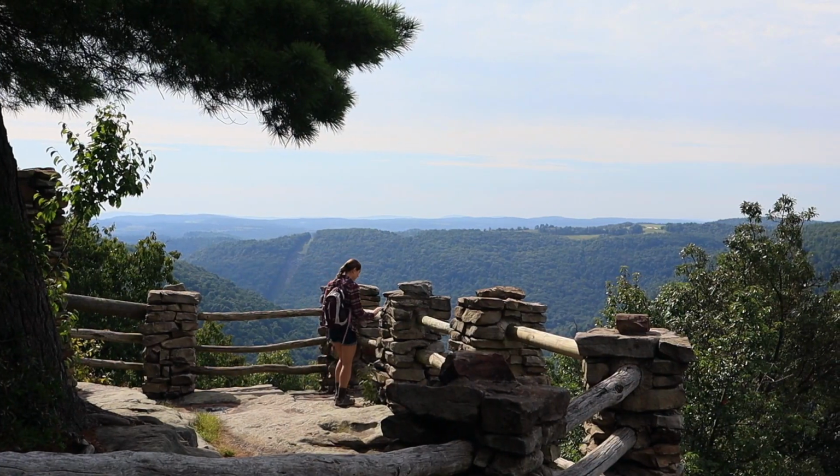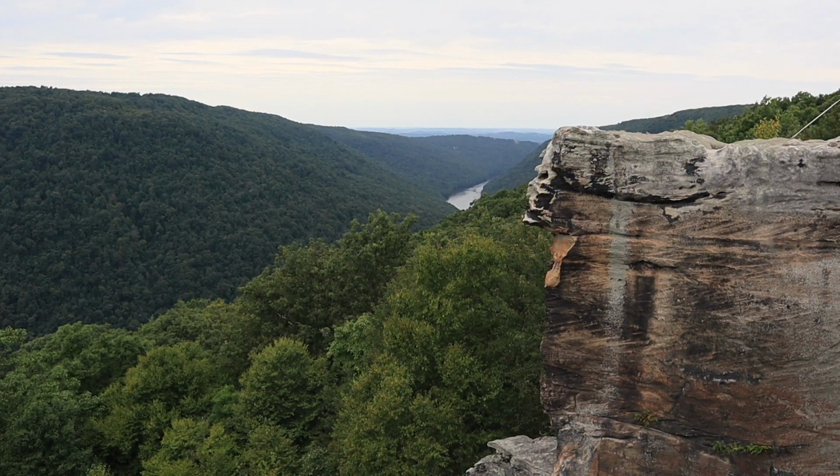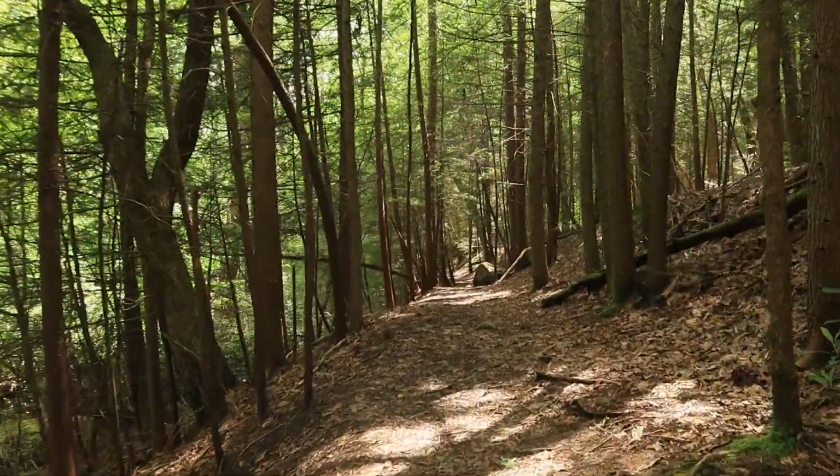Today we're hiking at Cooper's Rock State Forest near Morgantown, West Virginia, and this is one of our favorite places to visit. There are a lot of really popular destinations here at Cooper's Rock. They have tons of trails that you can explore. The Overlook and Ravens Rock Overlook are quite popular, but we're going to be exploring a less traversed trail called